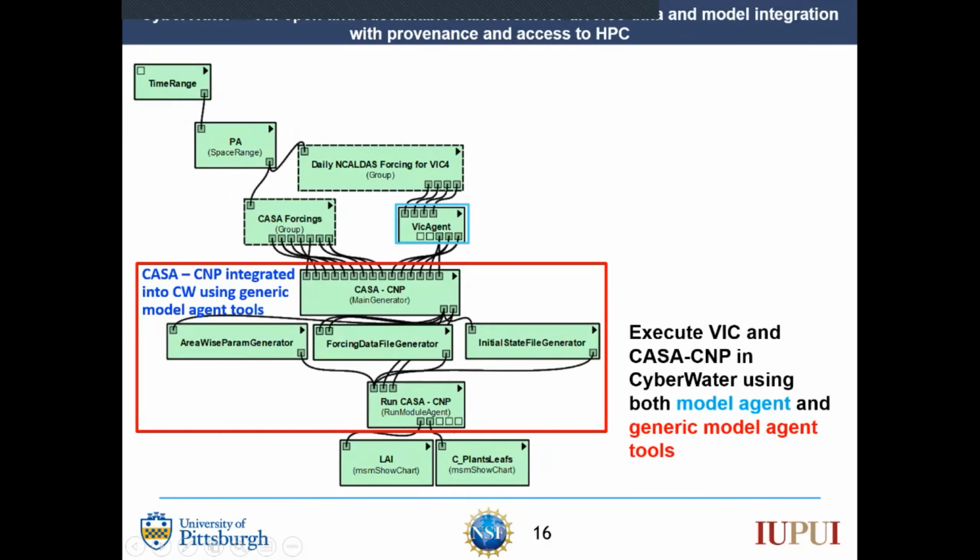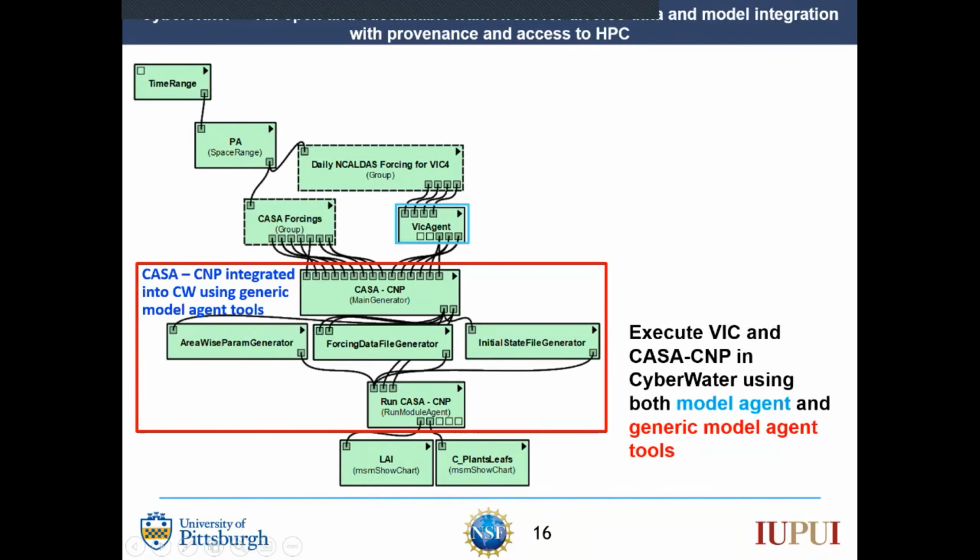Okay, and what I want to show you here is that CyberWater has this flexibility of integrating models through the model agent and the model agent tools. And also you can use them in combination to couple different models. In the previous examples, I showed you how to couple two different models using either model agents or both with model agent tools. And in this example, you can couple the VIC model with the CASA model, using the combination of VIC as a model agent, here it is a VIC agent, and the model agent tools, where you construct the CASA model agent using the generic model agent tools. And you build this workflow